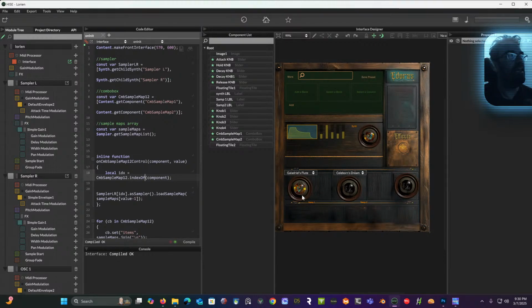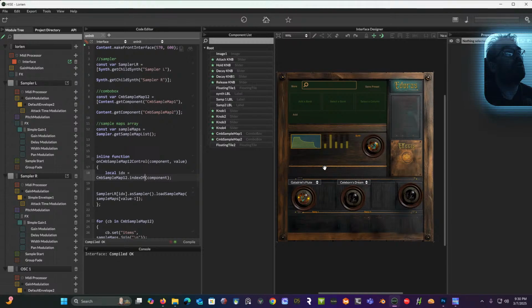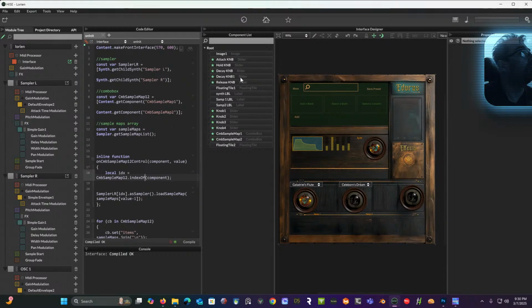HISE is an audio plugin authoring program that you can do scripting in. A lot of people use only scripting. You can also do visual programming as well as something called script nodes, which is like node-based scripting that I like too, that I'm learning, for making effects units and synthesizers and stuff like that too. So I've done a lot of stuff in here, working on a few different things. But right now I'm just goofing off with